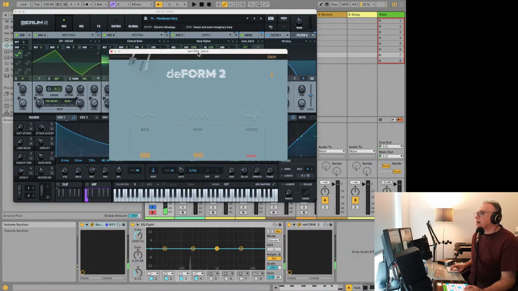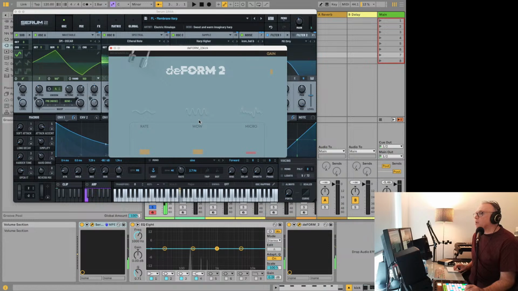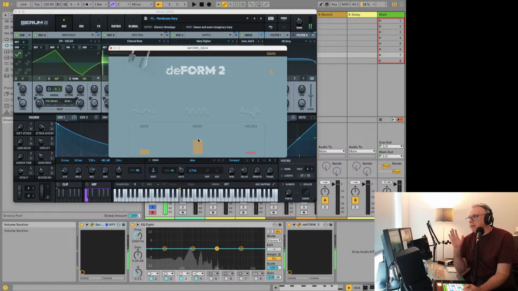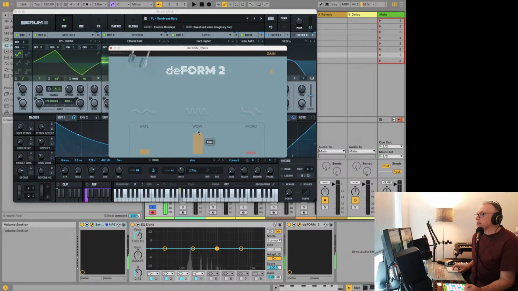Oh, I think this, yeah, I think I like this. This is like wow and flutter. I may have loaded it up when I bought it. Oh yeah, I remember. I loaded it up when I bought it, and I never looked at it again. But I do like this. I have other plugins that'll do this, especially cassette plugins. We looked at one yesterday, but